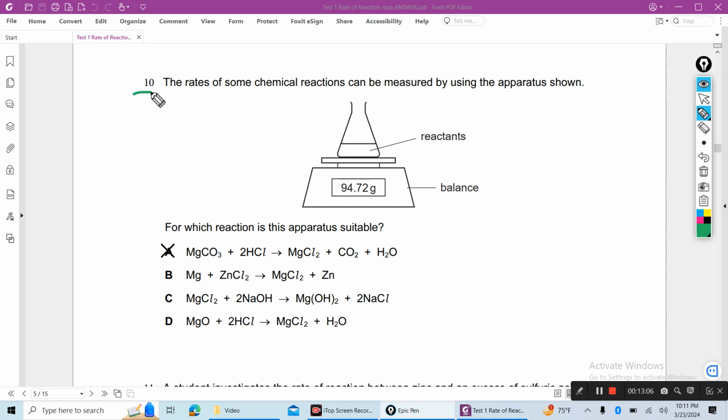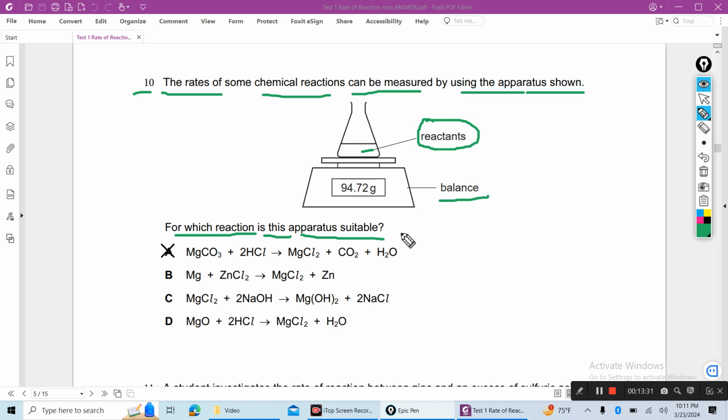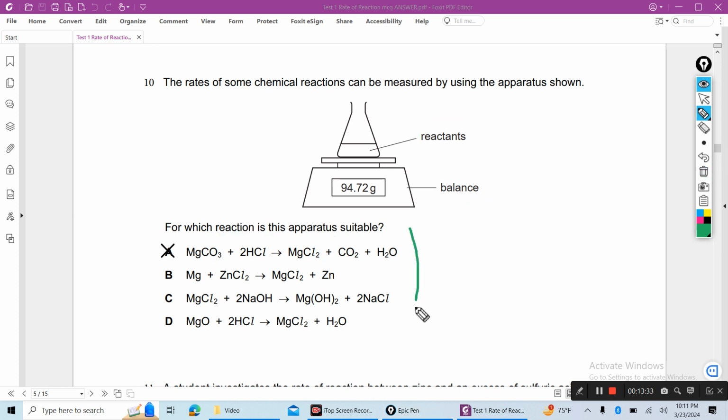Number 10, the rate of some chemical reactions can be measured by using the apparatus shown. Here reactants and balance, so you can measure the mass of the reactants, mass of the contents. That means for which reaction is this apparatus suitable, which reaction is suitable for this diagram. You see this,